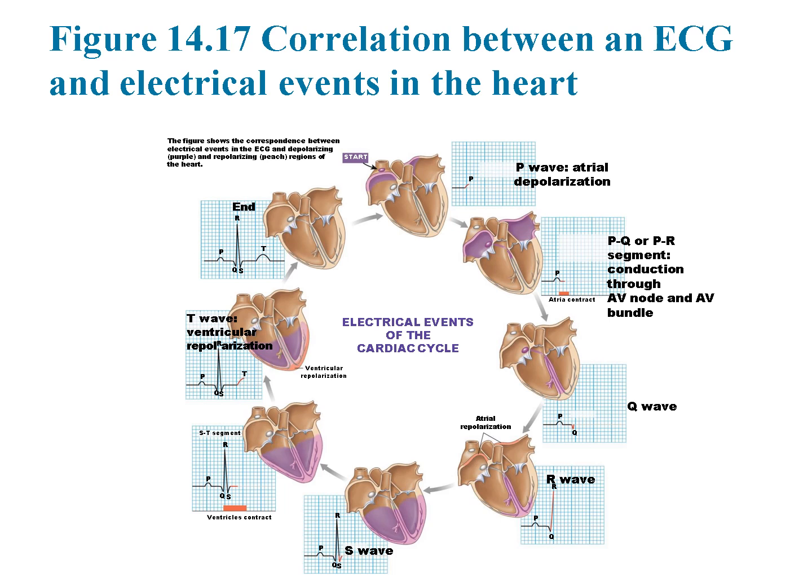The R wave represents the main phase of ventricular depolarization, where the signal spreads rapidly through the Purkinje fibers, triggering a strong contraction of the ventricles. The S wave marks the final phase of ventricular depolarization as the electrical impulse spreads upward from the base of the heart. After ventricular contraction, the T wave represents ventricular repolarization as the heart muscle resets and prepares for the